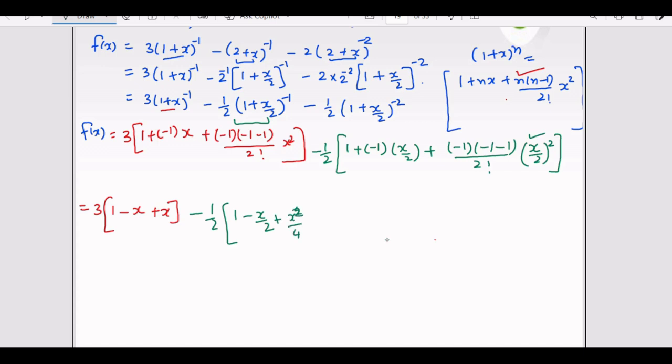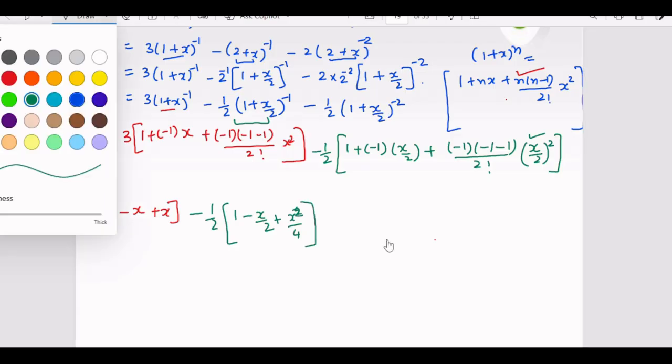So this is x squared over 4. So this is our second term. Now let's go to the third one. So the third one here is